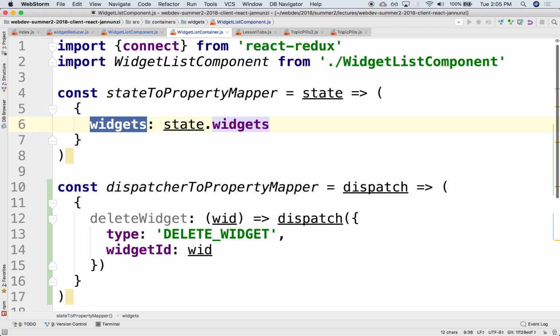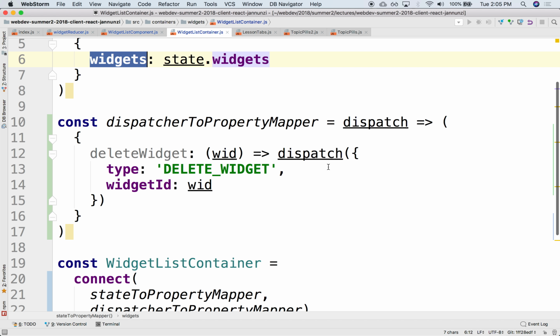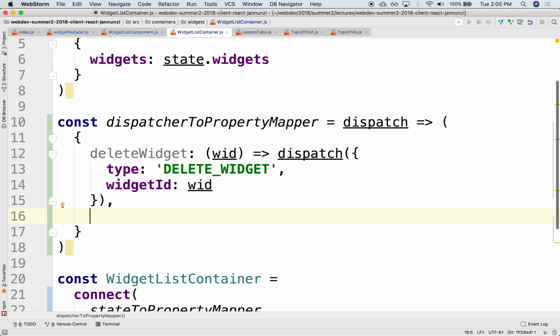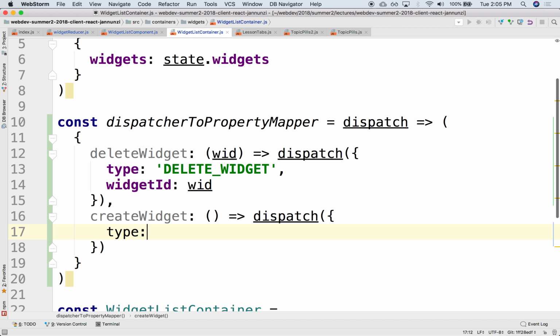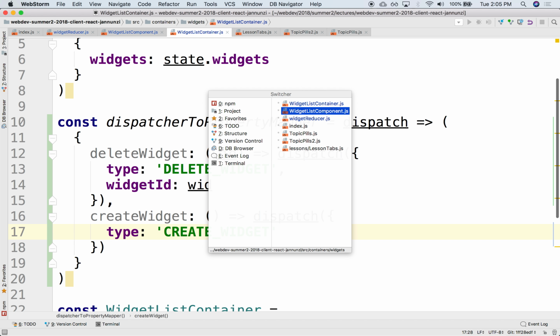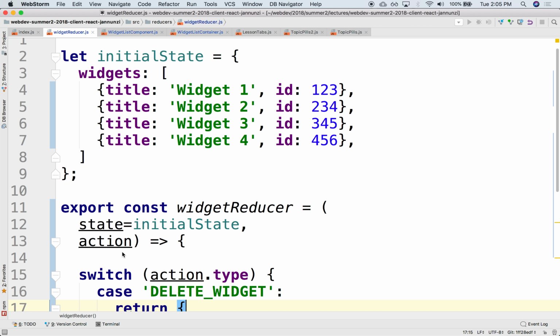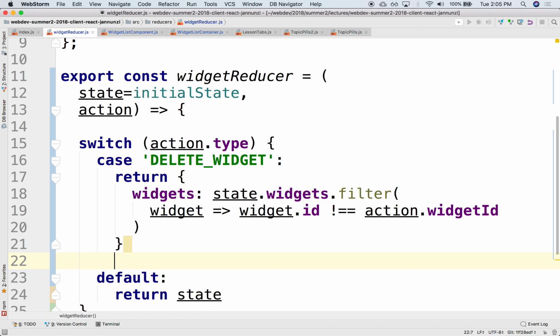So in the container is where we do the mapping. This is where we do the mapping and say, well, that property called, what was it called? Create widget. It'll be mapped to some dispatch function, and the type could be create widget. Okay, and that action will be sent over to the reducer. The reducer is the one who receives this and will handle it. It'll say case